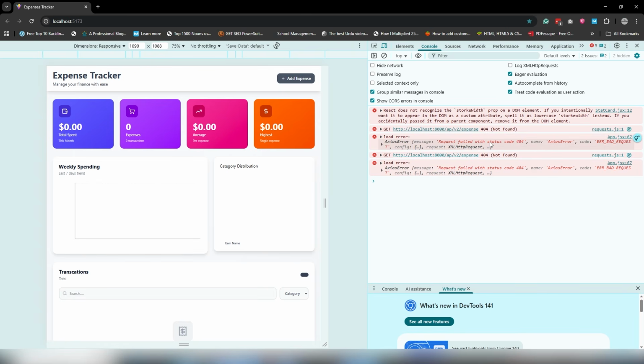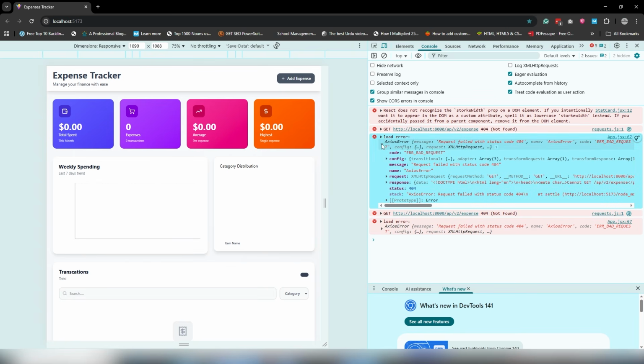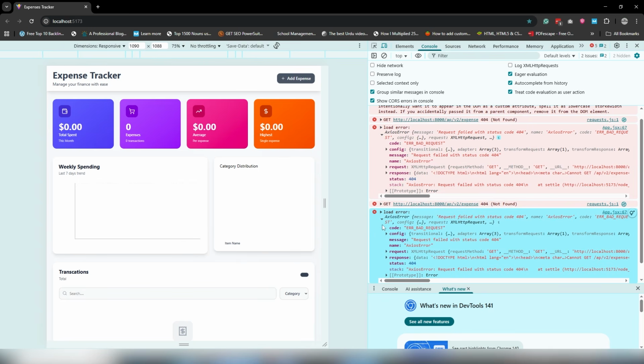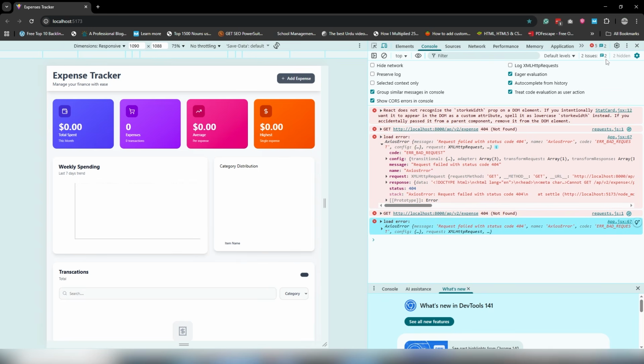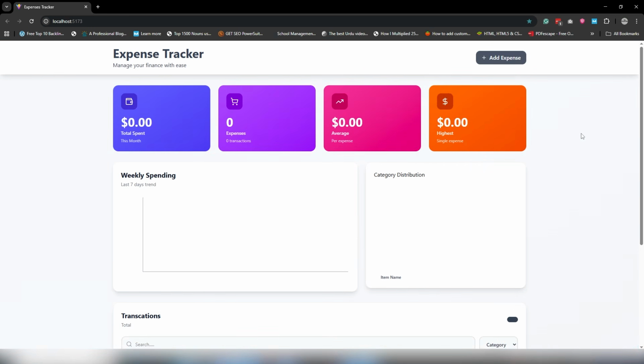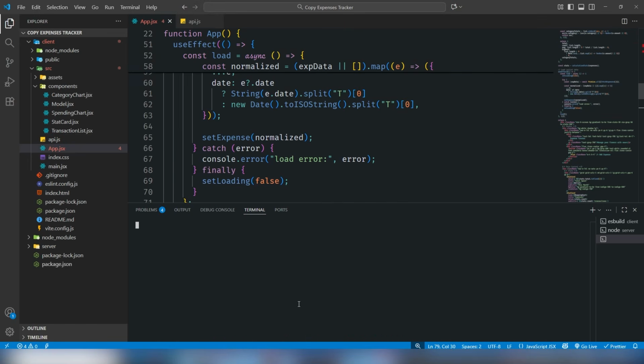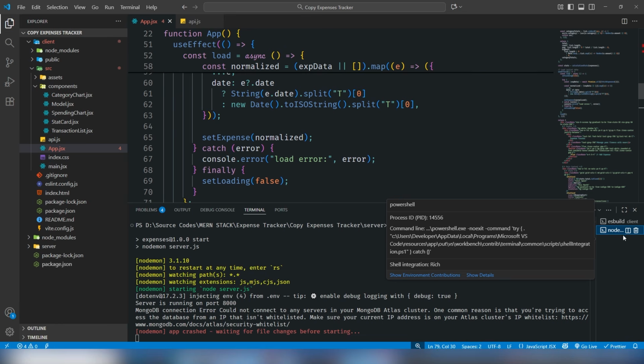Failed to load, so it's a page request. Why am I getting the access error? While load error. Give me a second. Let me open the browser, editor, and let me check the